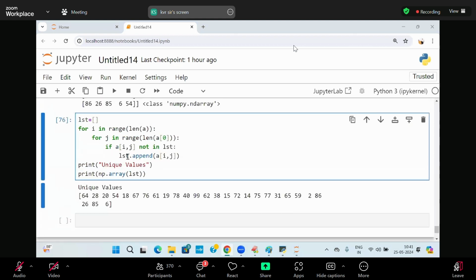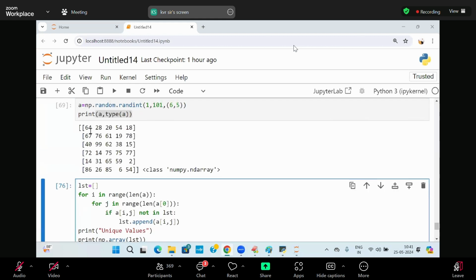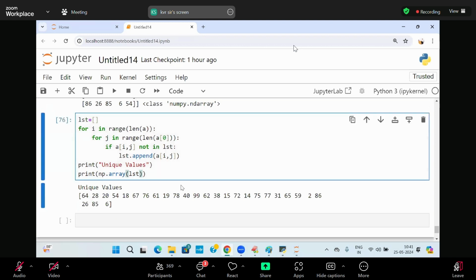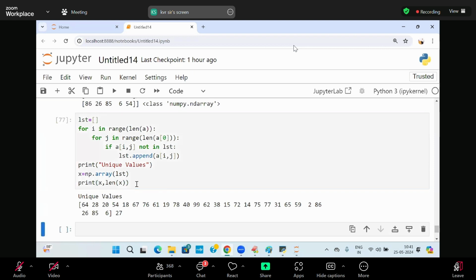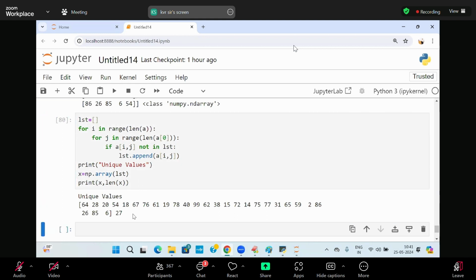Further, I can't say how many unique values are going to come, so when I put them in a matrix, I may not be able to keep them in it. If I take some x and print len of x, I cannot say whether it is 27 elements. Next time you run it, if 27 elements come, you can go for